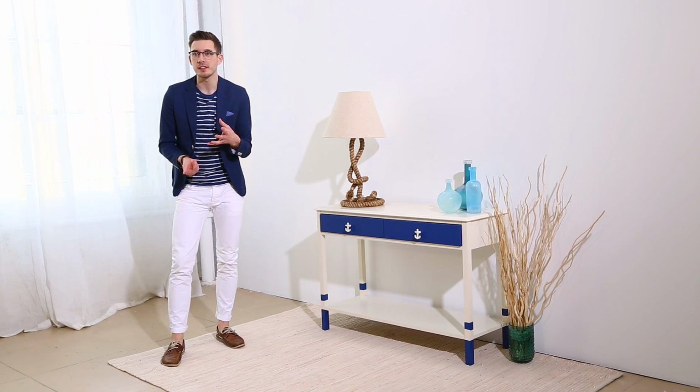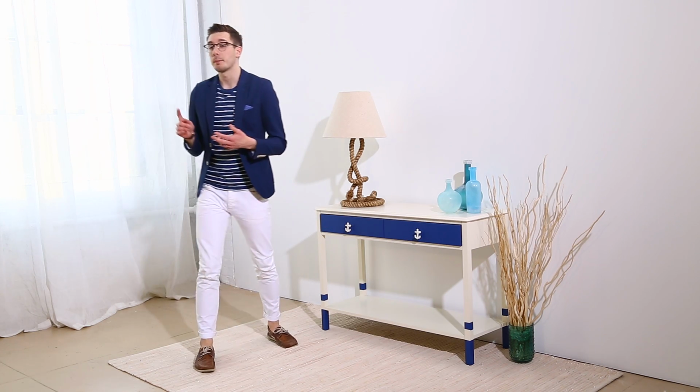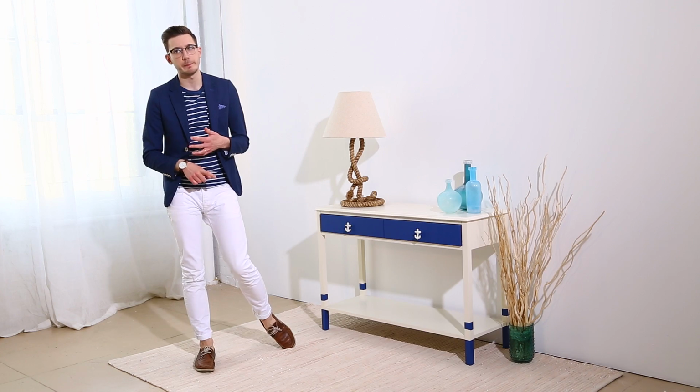But what we need to do now is bring in some more practical elements. And the way to do that is to bring in storage. Think of all the things you need by the front door in your entryway. Something to store it in. You've got the drawers, but if you want bigger things, like maybe coats, shoes, whatever it might be, baskets